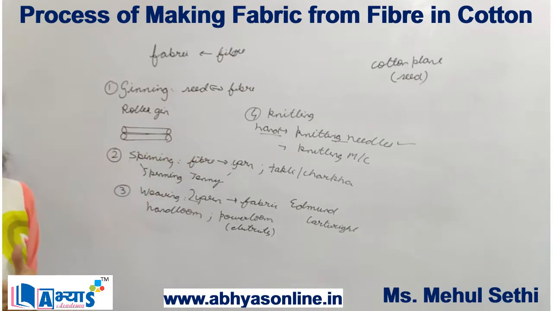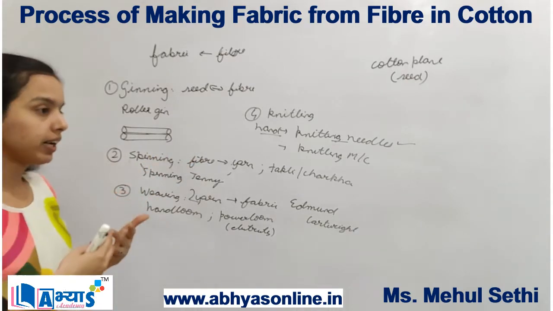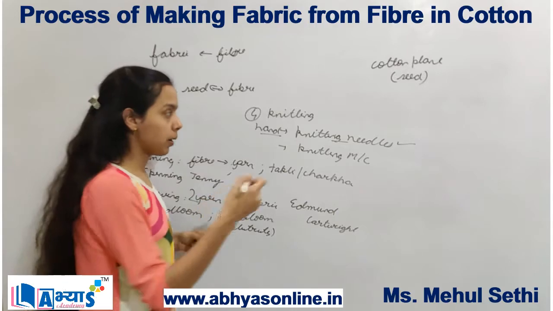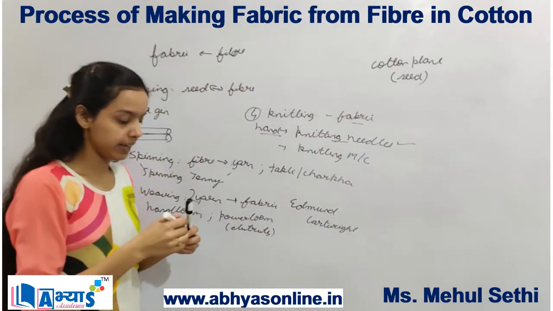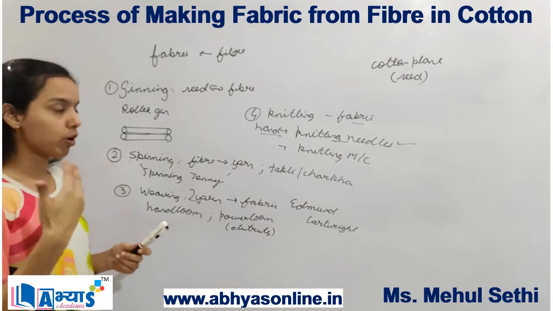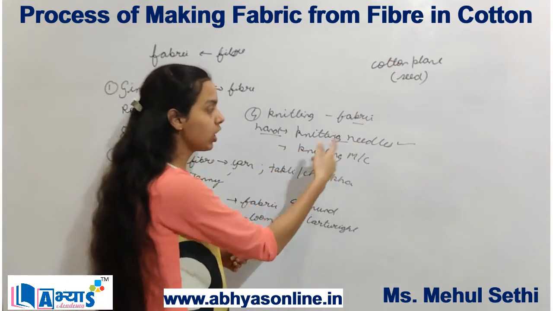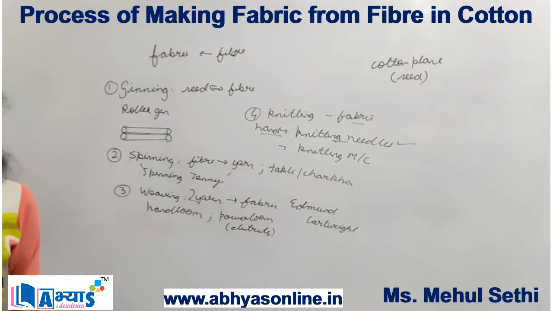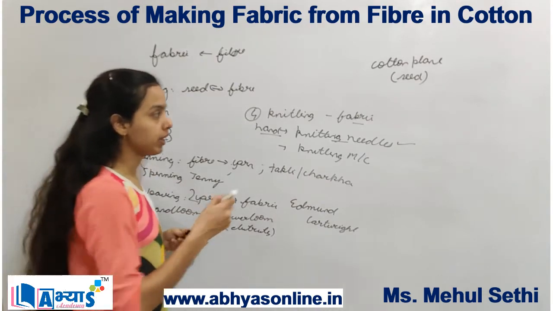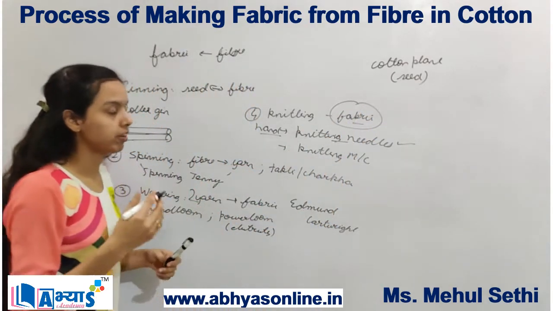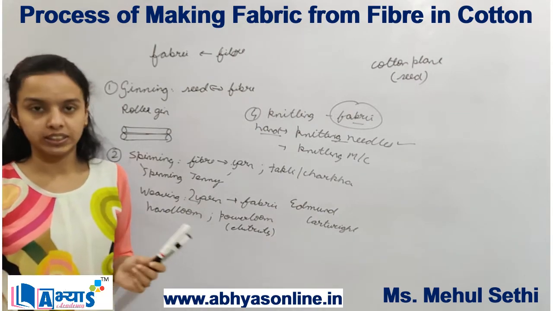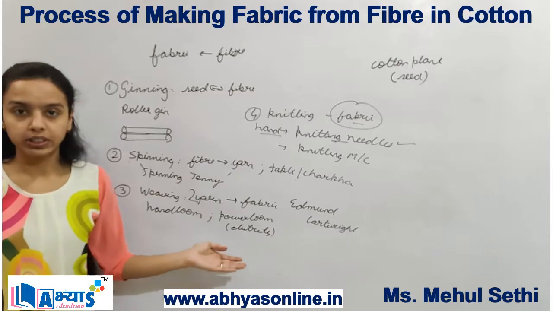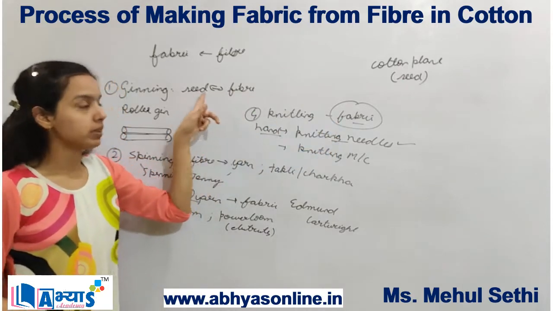The next step is the process of knitting. When similar types of yarn are combined to form the fabric, it is known as knitting. It can also be done by hand using knitting needles, or with the help of machines. So now we have the fabric made of cotton. We can use it in a variety of ways, like uniforms, curtains, bed sheets, etc. This was the complete process to get the fabric from the fiber.